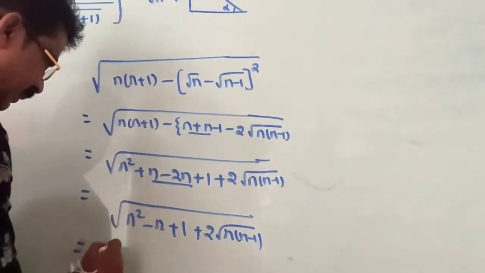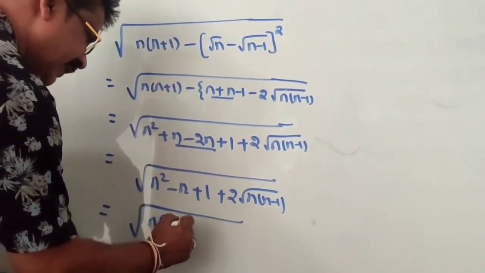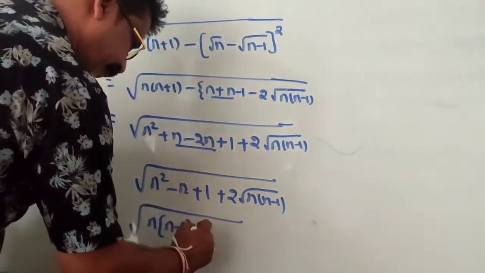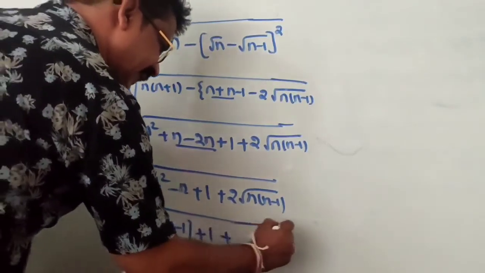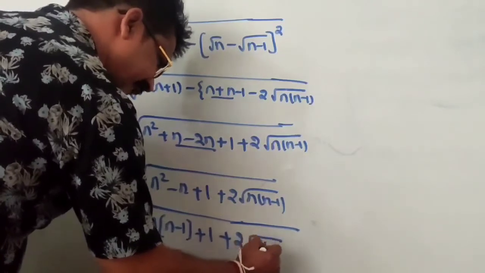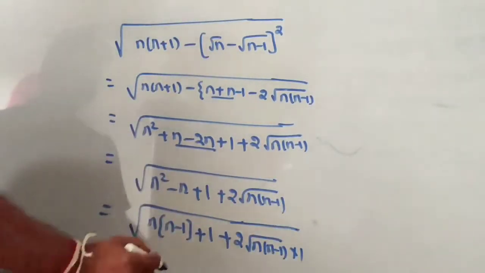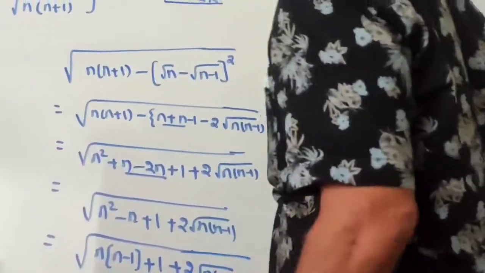So that is equal to square root of n common, n into n minus 1 plus 1 plus 2 into square root of n into n minus 1, we can write into 1. So that is equal to